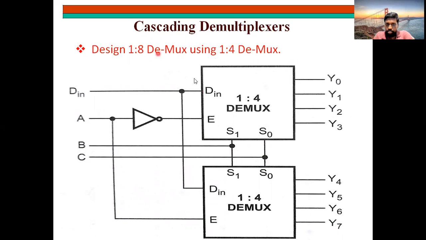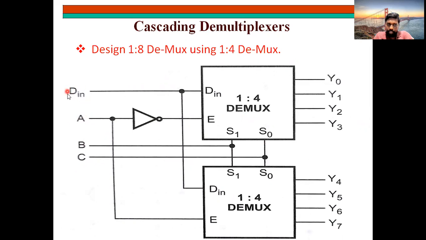So I am converting this enable. Already I said in the case of multiplexer, enables should be taken in reverse complementary form. If one input is in complementary, another input is taken directly. Why? Because if this is in on state, this should be in off state. So take D in directly, tie those inputs, and make this enable the third selector input. Therefore, A, B, C are the selector inputs.